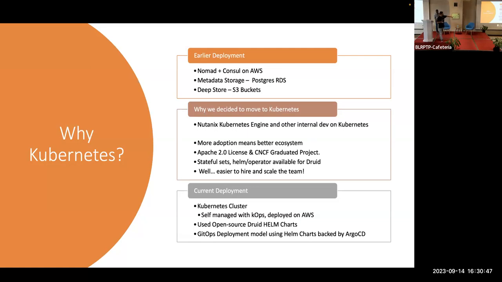It's an open source project on GitHub. We use that to put a Kubernetes plane on top of these EC2 machines. Then we use the Druid Helm charts, and in the Helm charts repo, we use a GitOps deployment model to make changes in Helm charts. And Argo CD is something that helps us put that into effect. I'll hand over to Dinesh at this point. He's the one who's worked a lot on moving this to Kubernetes.